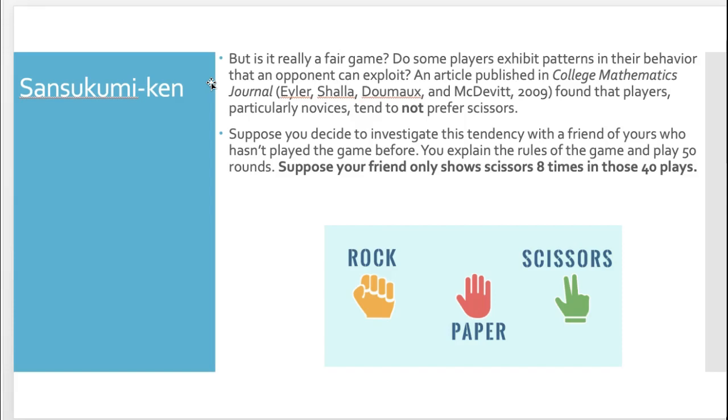So anyways, we read this paper and we say, oh, novices tend to not prefer scissors. So let's see. Suppose you decide to investigate this tendency with a friend of yours who hasn't played the game before. You explain the rules of the game and play, sorry, that's not 50, that's 40 rounds. So you and your friend are there just playing the game. Rock, paper, scissors, rock, paper. So suppose your friend chose scissors only 8 times in those 40 plays. Okay, so definitely